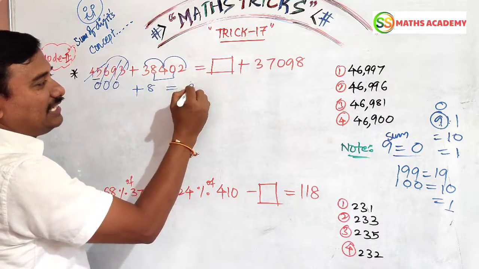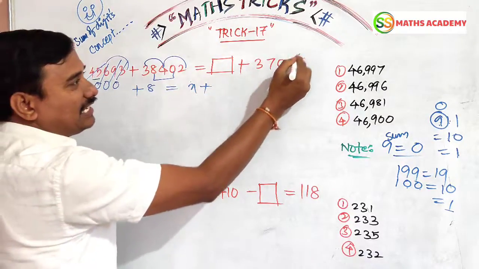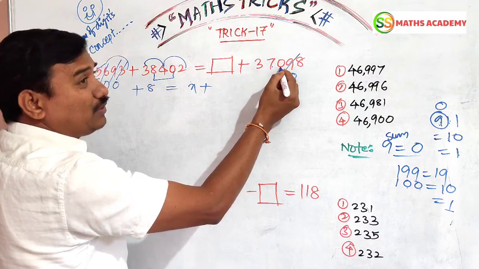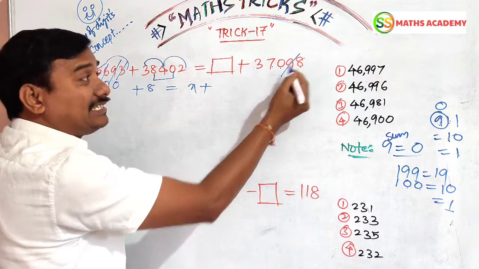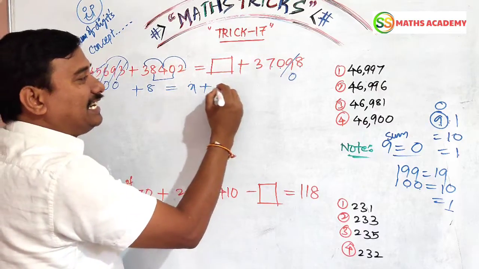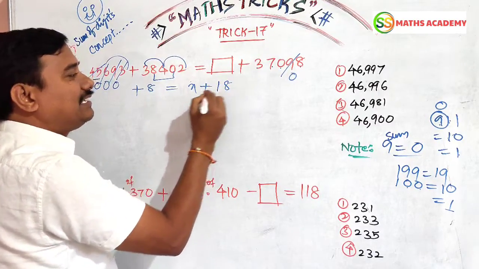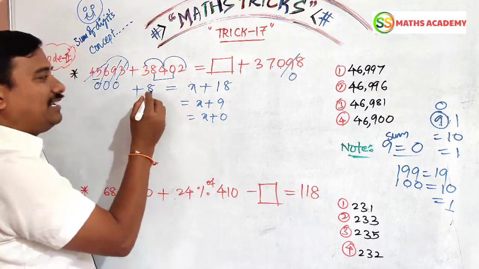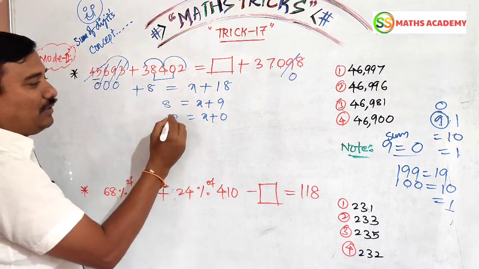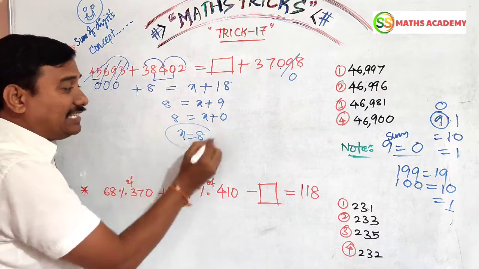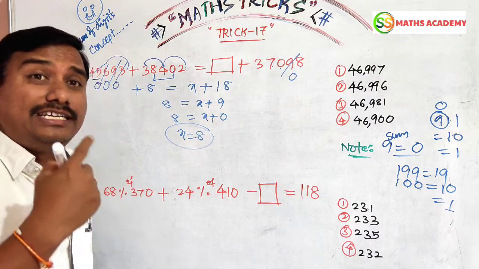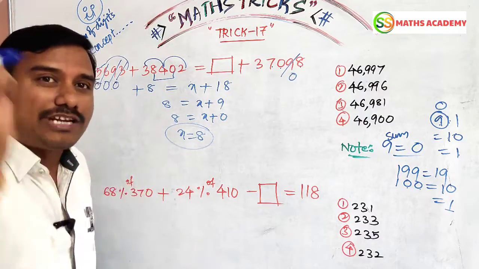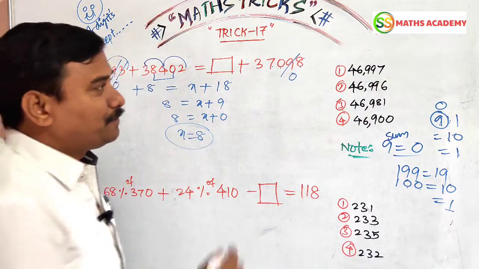Now, where anything is not there, that is x. Here 9 becomes 0. 7 plus 3 is 10, 10 plus 0 is 10, 10 plus 8 is 18. 18 is nothing but 1 plus 8, which is 9. 9 is nothing but 0. Here 8 plus 0 is 8 only. So x equals what, dear? 8. The sum of the digits is equal to 8. That is your answer. Now come to the options.